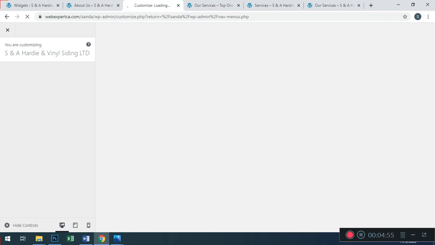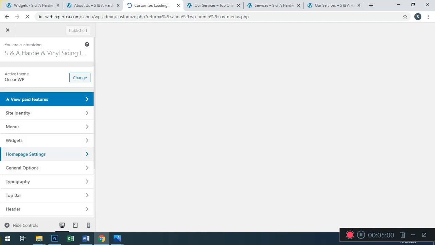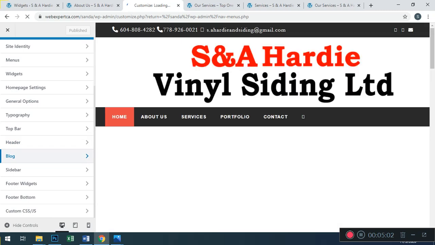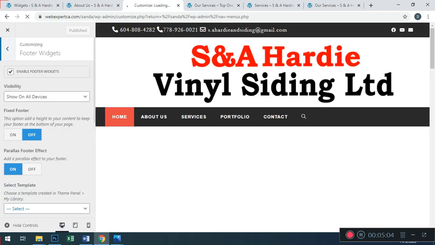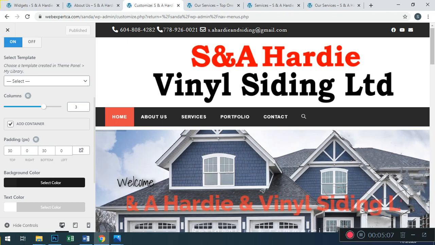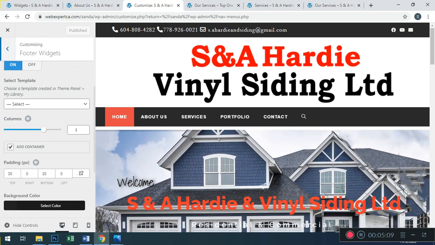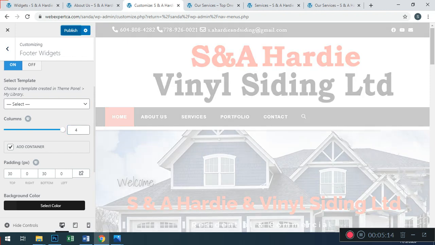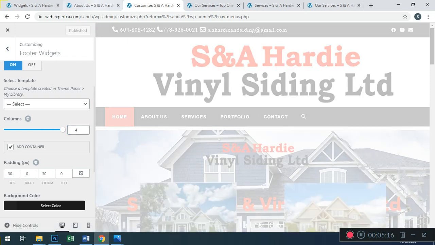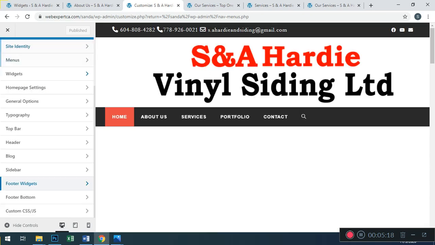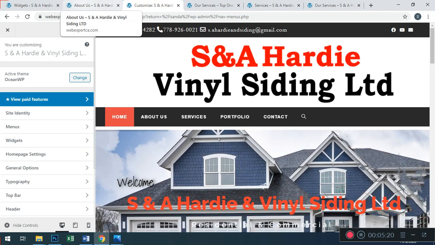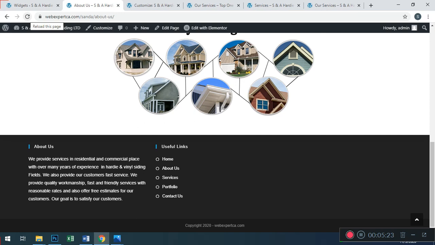Let's see how to add a new footer. Click on footer widgets. Here I am going to set 4. The number of columns is 3, I set it to 4. Press the publish button. Done successfully. Move back. No more changes needed. Just press the refresh button. You will see our 4th here, because at this time we have no 3rd footer.